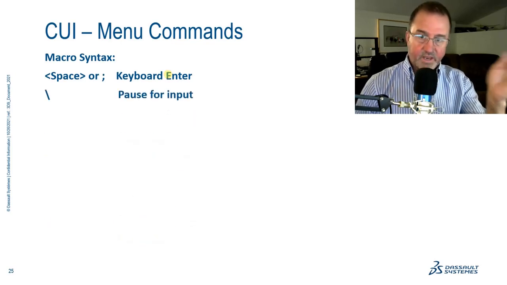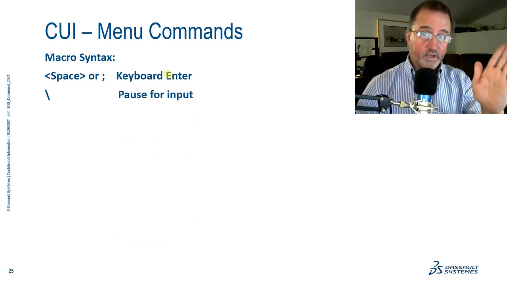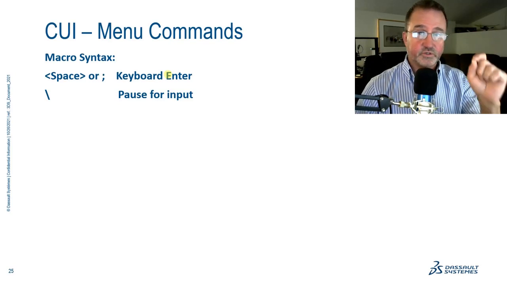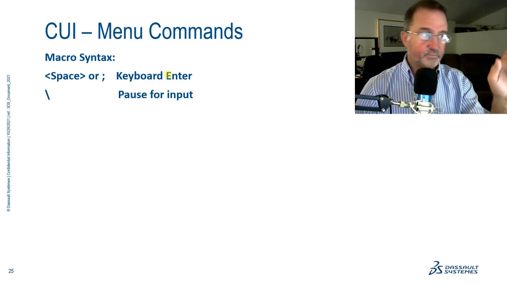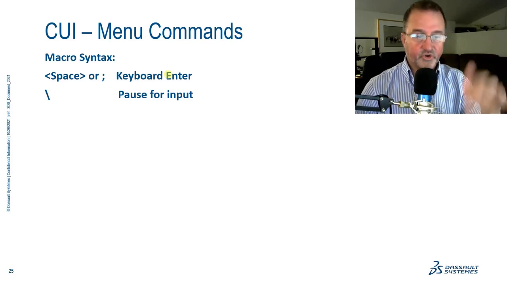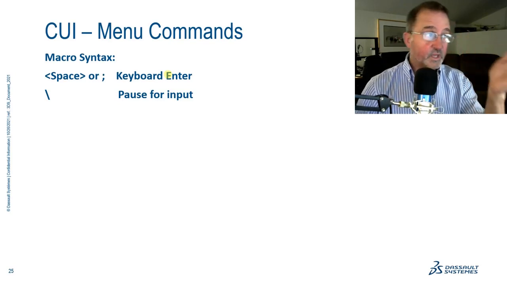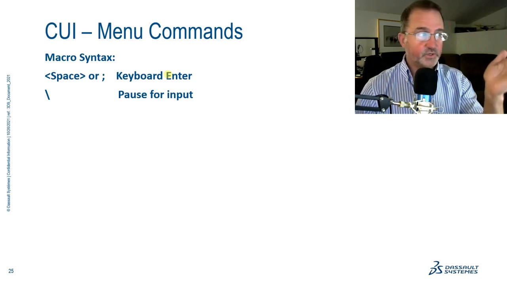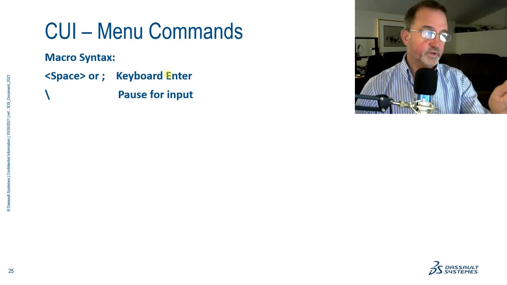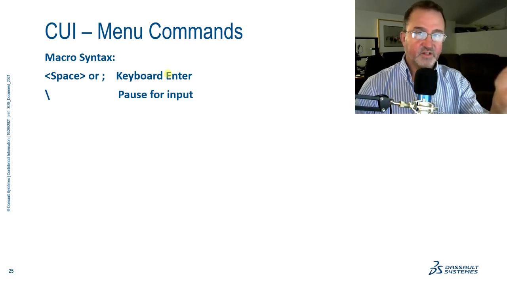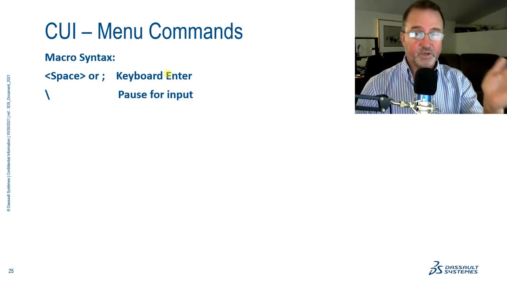Now with a macro, we can pause and wait for the user to pick a point or to pick a location or hit something. And so we can use the backslash. We use the backslash as the pause to wait for that input. Now, because the backslash is used for input, you can imagine we cannot use it as a delimiter for